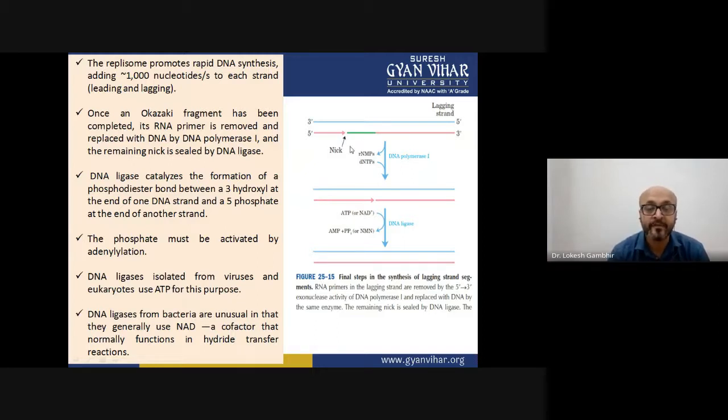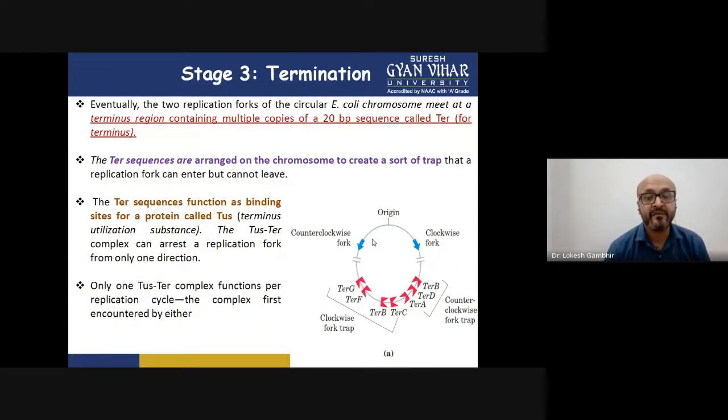Then who performs this function? DNA polymerase 1. The DNA polymerase will come, it will see that there is a gap and there's a primer, I need to remove this primer, it will be removed, and polymerase 1 will come and extend this particular arm, and the final sealing will be performed by DNA ligase. Now DNA ligase, every time it has to seal that particular gap, requires ATP and an additional cofactor, NAD. Now, if these cofactors are present, the energy expenditure is there, your complete lagging strand will now be